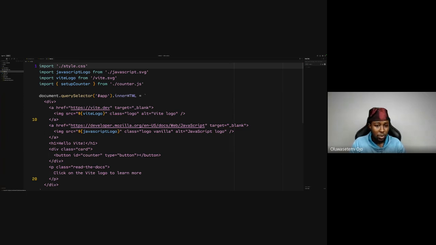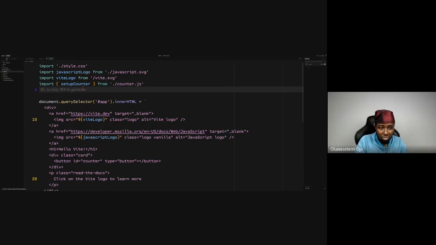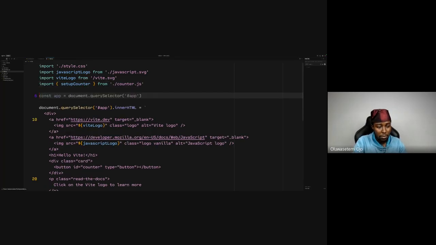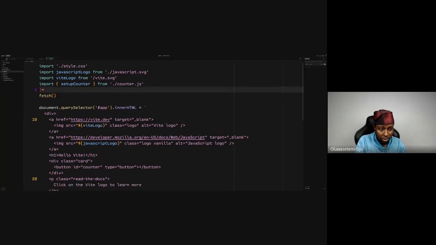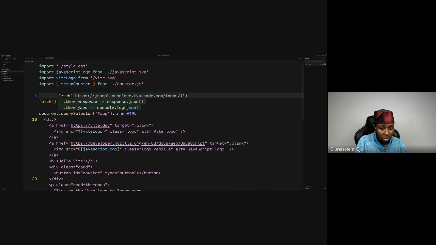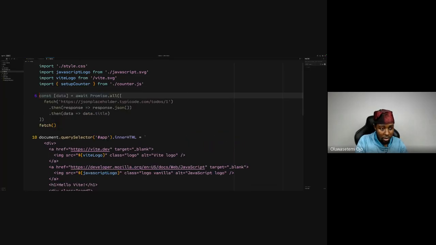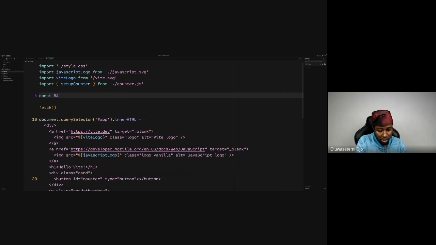So what we want to do is just make an API call, right? Just a very simple API call. So we can do fetch, right? Because I have the URL, we can say base URL. Most of the time as well, we can say const. Let's just do a const base_URL is equal to